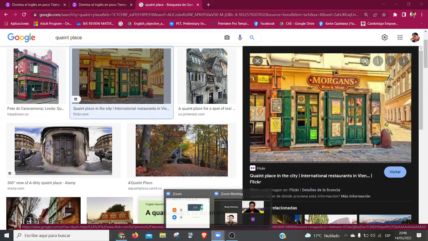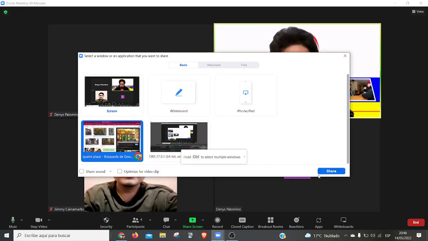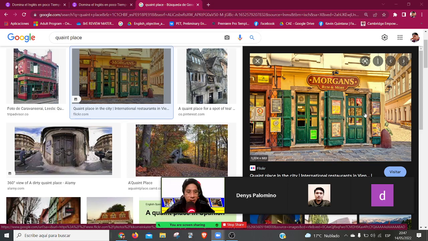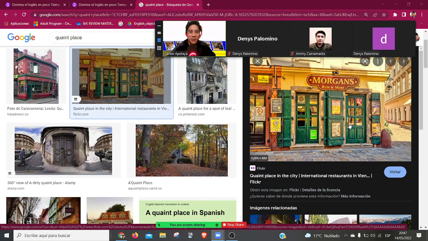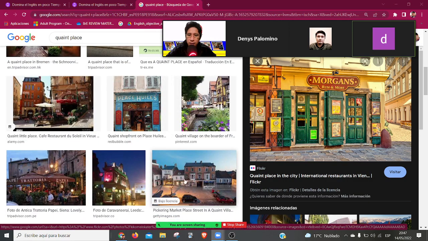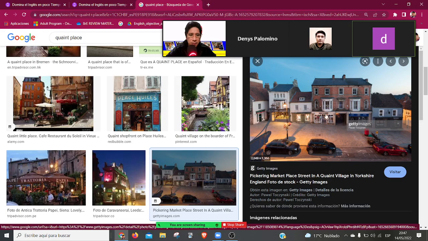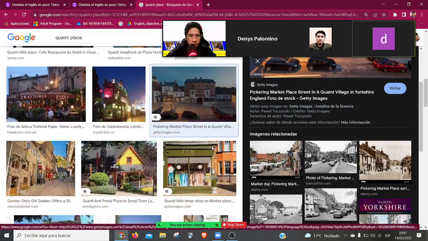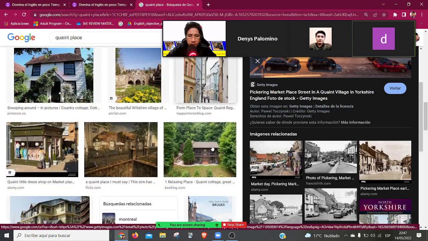For example, voy a mostrar esta imagen. Así es como diríamos, well, that's a quaint place. Este de acá es antiguo, ¿cierto? Actualmente, si nosotros vemos este lugar, se ve antiguo, se ve viejo, ¿cierto? Todo descuidado, no pintado. Pero de repente para ti se ve bonito, ¿cierto? Or not? Can you see it? Yeah. It's a quaint place. You get it? Mira aquí, todo está feo así, pero si te gusta ves los colores, tiene una belleza rara. Es un lugar cálido, pintoresco. You get it? Or not? ¿Se entiende el significado de quaint?